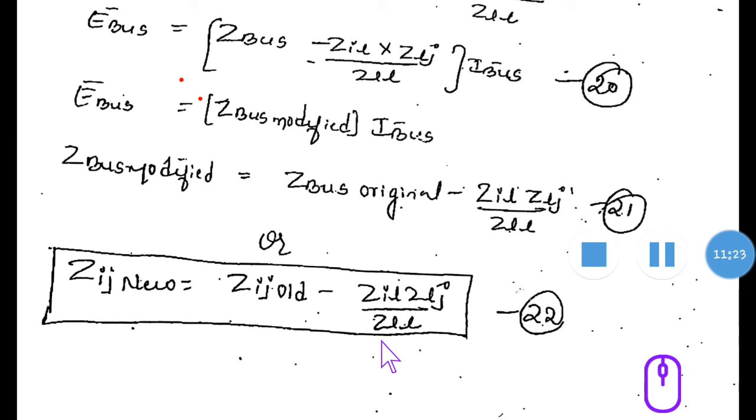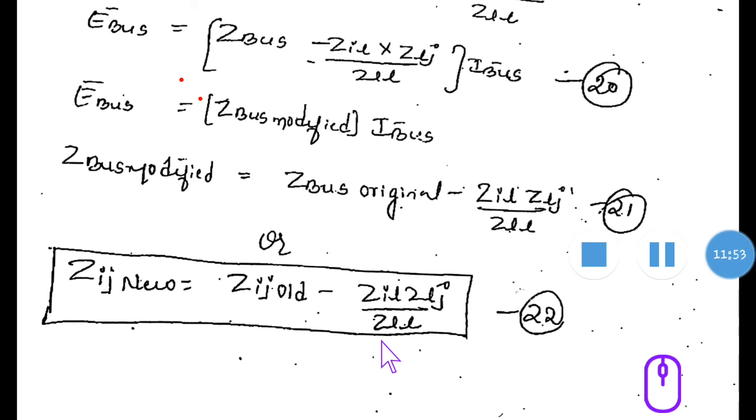Okay, so 3 problems I am going to discuss on this building algorithm, so that it will be easy to understand this derivation also. So here what all we have done: addition of branch also, addition of link also, type 1, type 2 for branch, type 3, type 4 for link. For branch, row and column get added. For link also row and column get added for every formation of Z bus. But for link, in the starting it is added, afterwards that has to be deleted. So the matrix dimension remains the same only in addition of link.